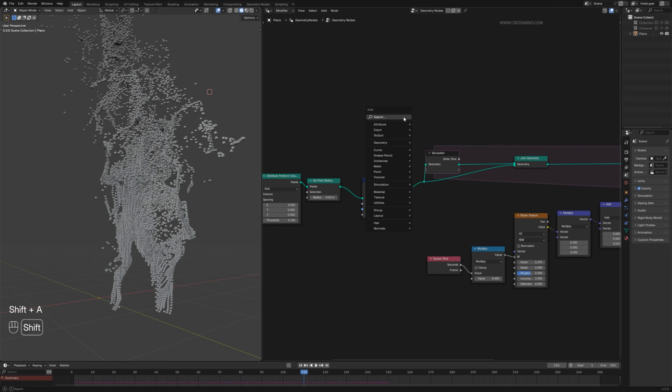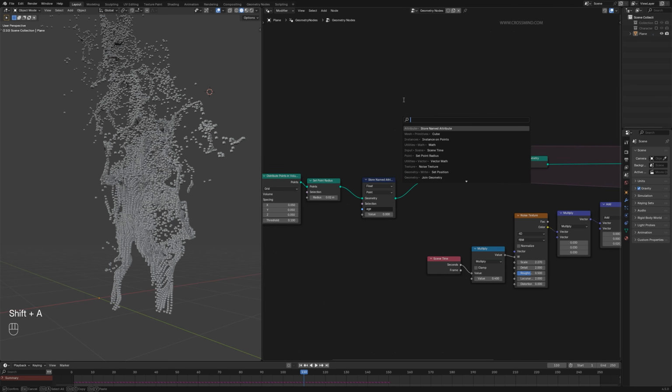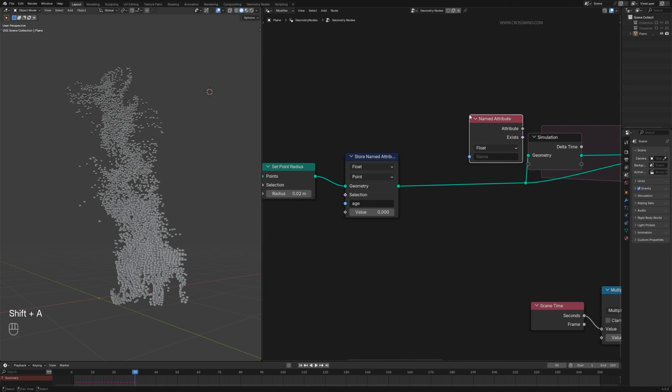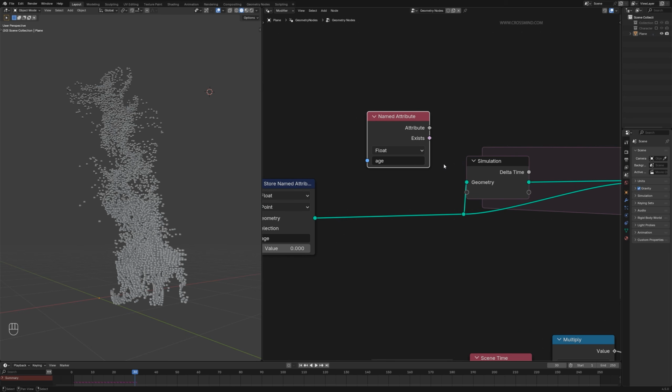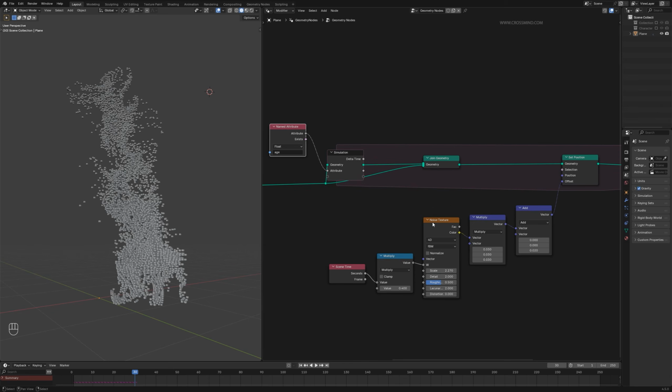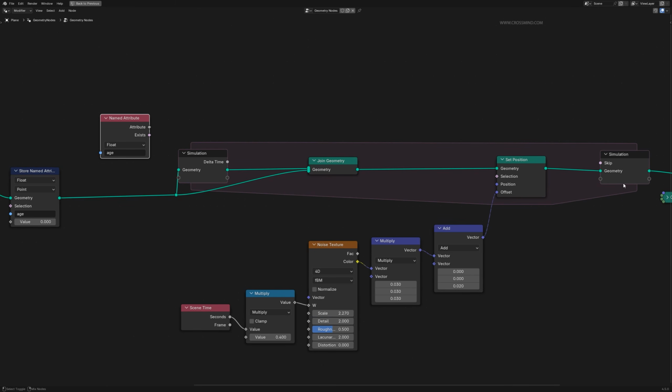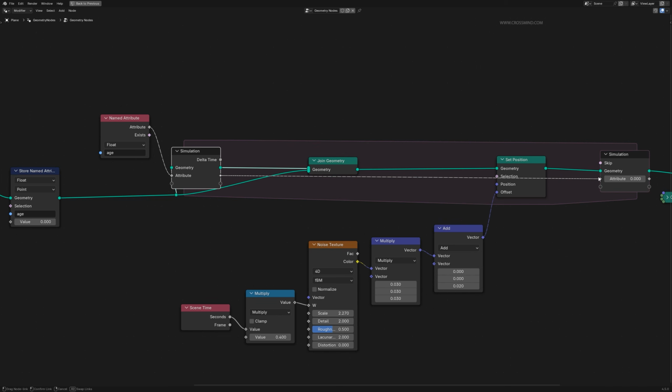And now, since our network has this attribute called age, if I bring named attribute here, you can see we have age showing up here. That means we can use this attribute and plug this into our simulation zone. But as soon as I plug this inside simulation zone, you can see it appears on both sides. That's because it's a sort of a loop. Our zone ends here. So age goes in and age comes out of it. All right. So now if I connect this attribute here,